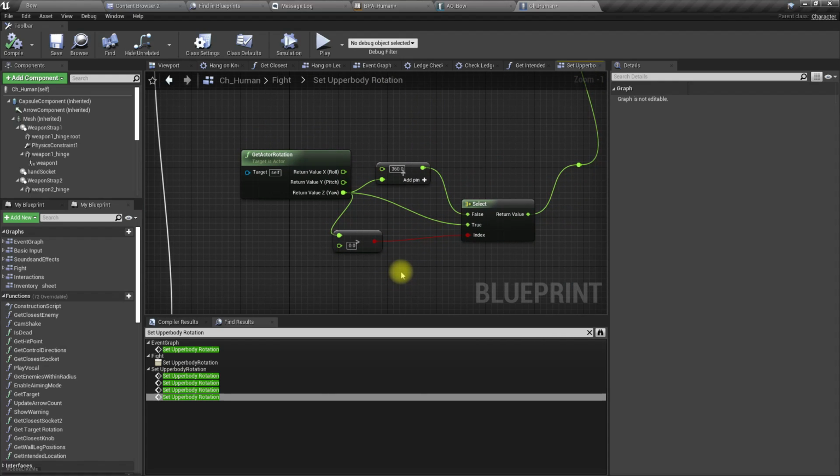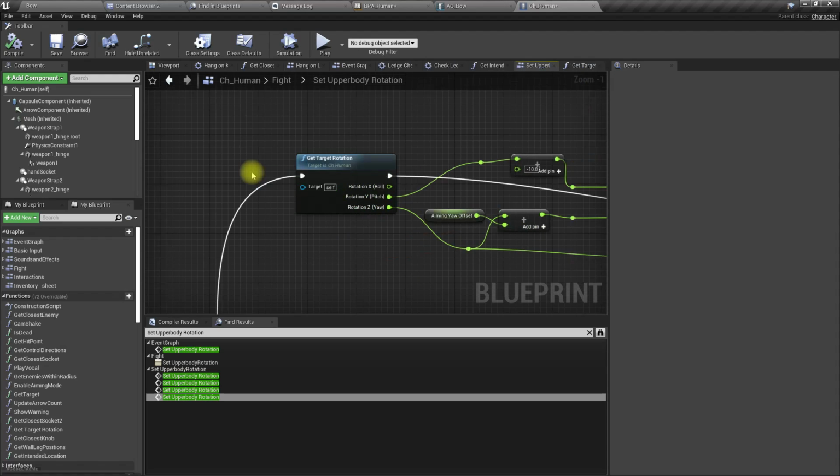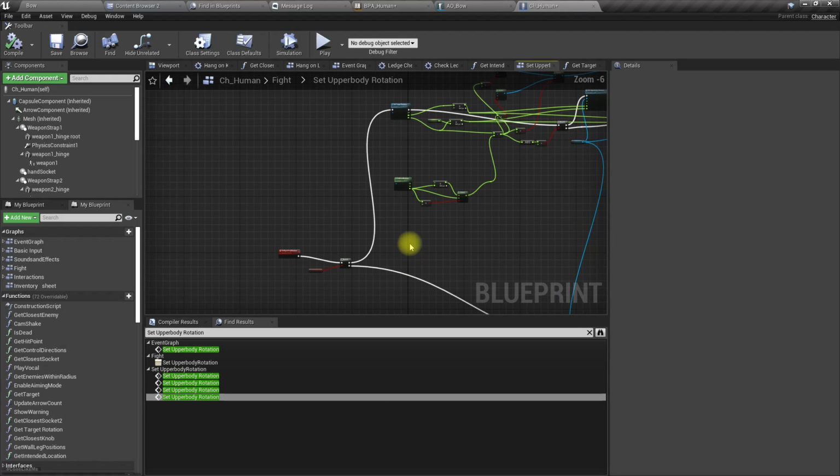how should we calculate? For that we need two things. We need to know the target location, the direction that we are targeting, and also the direction that we are facing. By using the difference of those two rotations, we can determine the amount we should turn using the upper body.